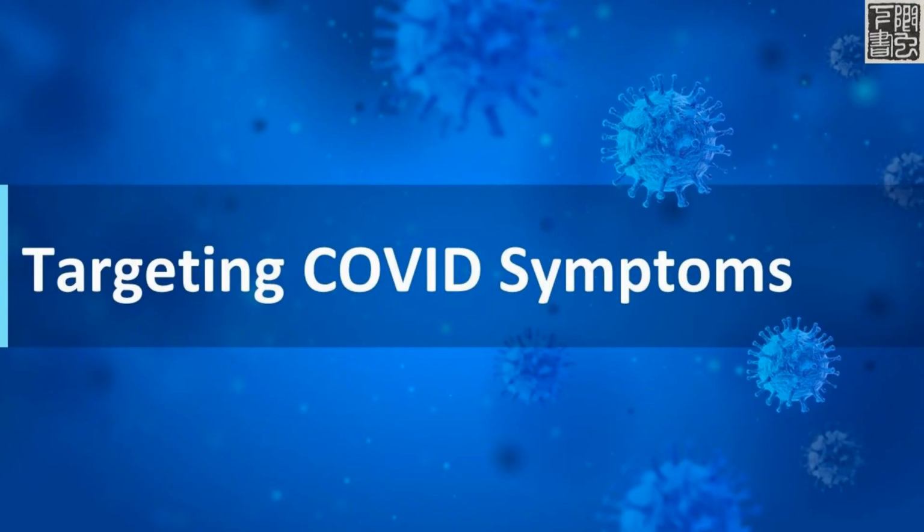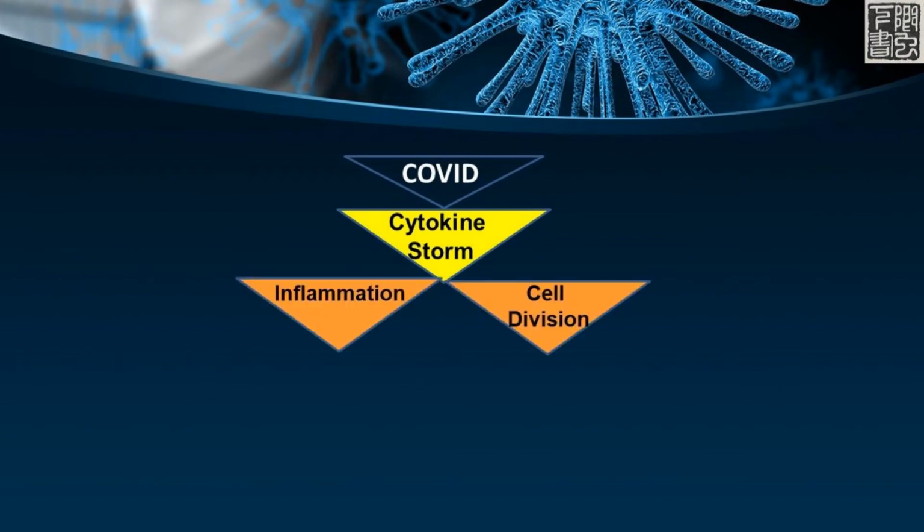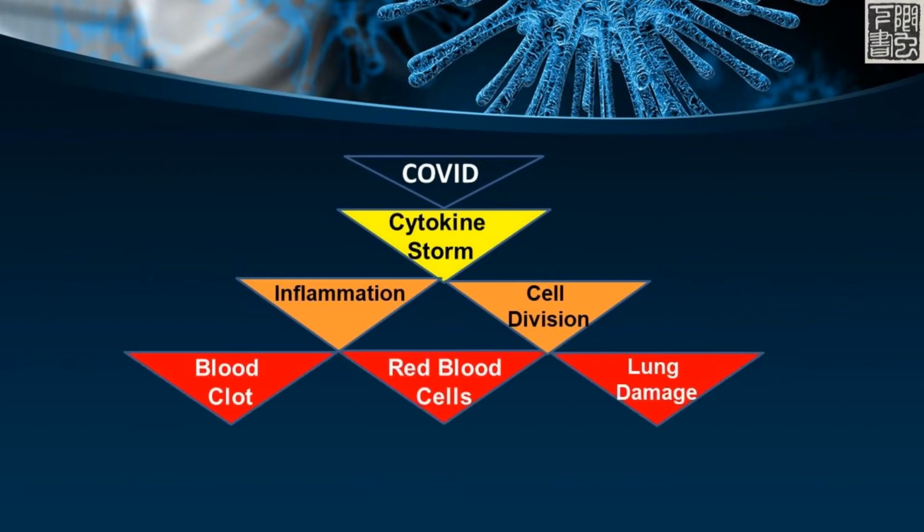It is not enough to just treat the patients with antiviral drugs, because COVID causes many different and often serious symptoms. COVID unleashes cytokine storms, which is the immune system overreacting. The cytokine storm will lead to the uncontrolled division of immune cells and inflammation, cascading into problems like blood clotting, fluids in the lungs, the destruction of red blood cells, reduced oxygen supply, and damage to organs such as lungs,